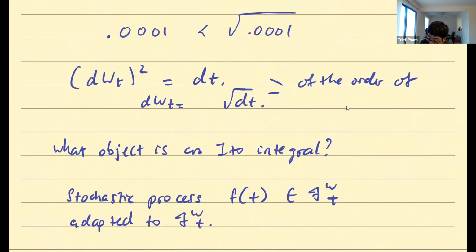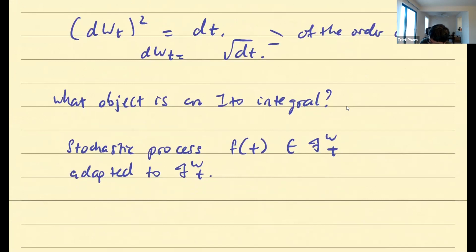What it means is this is something that can be known by observing the Brownian motion. Or to put it bluntly, it is some kind of function of the Brownian motion path in some way. Abstractly, I just write something like this, meaning it's known by observing the Brownian motion. It doesn't have to be a function of one thing. It's adapted to it, meaning by observing the Brownian motion, I can know what it is. So whatever this is, what I do is integrate with respect to the Brownian motion.